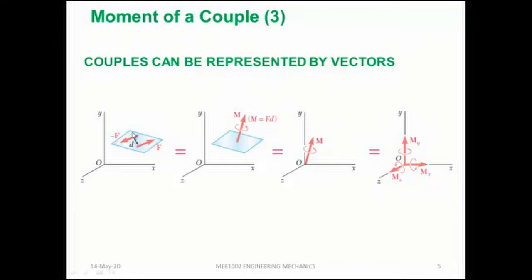So this is equal to this. This is equal to this. This is equal to this. All these are equal. In any form, you'll be able to write. So the couple can be represented as vectors,